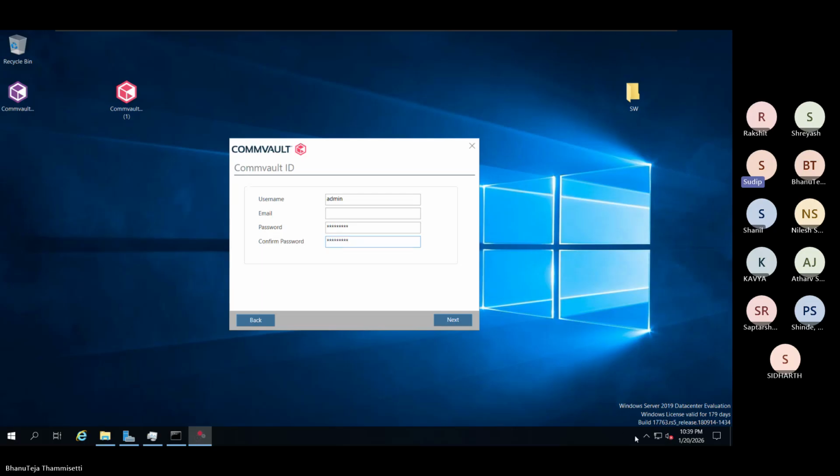Yeah, here we have to give the admin credentials. Default username is admin. This is extremely important from a cyber recovery perspective, and later there are other best practices which we need to